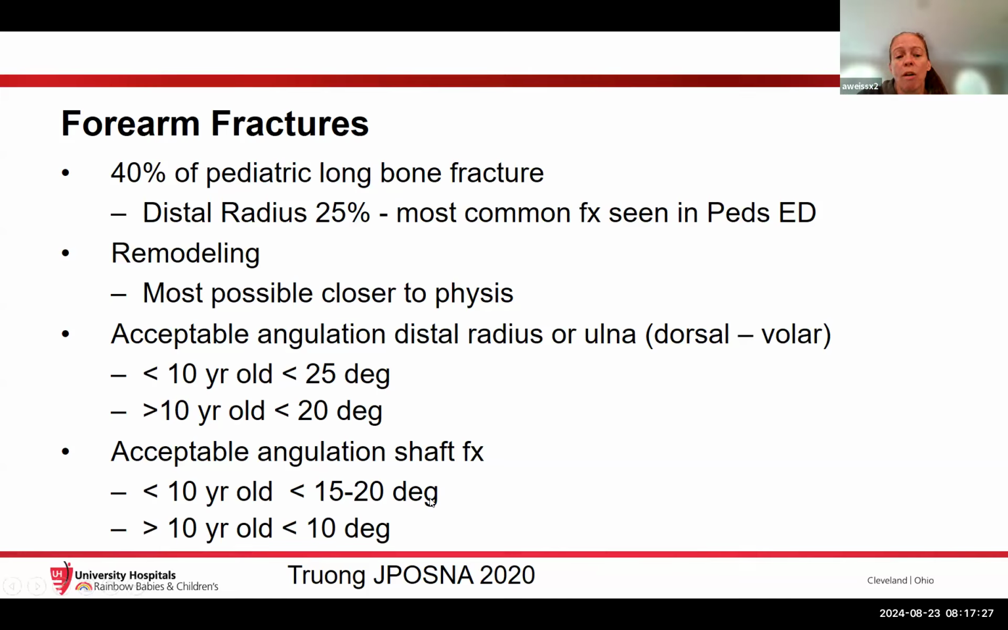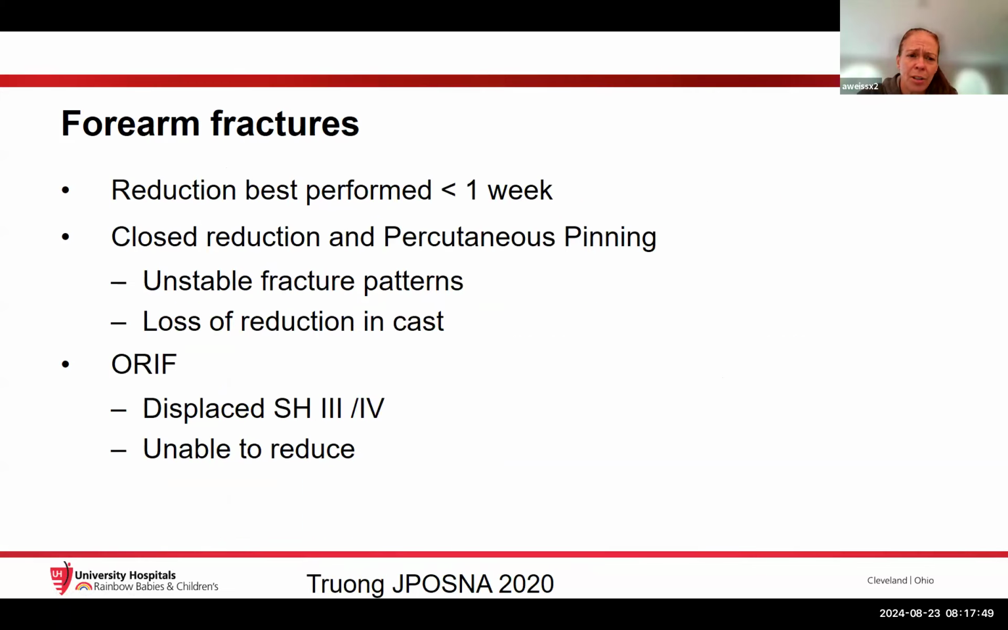And then when you are further away from the physis, so in the shaft, you can accept significantly less angulation. If they're more than 10, only about 10 degrees. If they're less than 10, 15 to 20. And again, sometimes the orthopedic surgeons will feel you can accept a little bit more, but we'll generally call them and ask them to take a look to make sure that they don't need to see them and that that works. If you can get the reduction done in less than a week, it tends to be